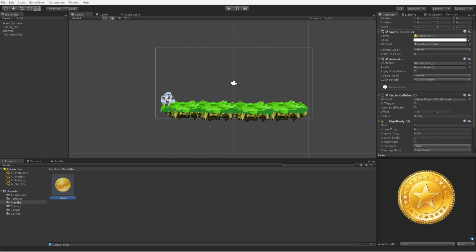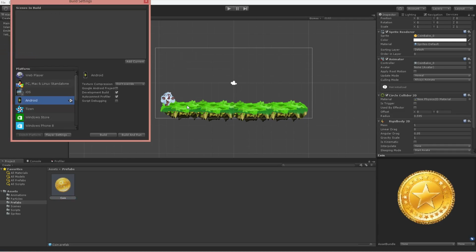How do you test your app on Android? Here's a little tidbit. To test stuff on Android or iOS for that matter, if you go to File and then Build Settings, and when you build, so I'm already set up for Android right now, you can check Development Build and Auto Connect Profiler. Then when you build and run out to your device and you leave it plugged in to your computer, the profiler will open up and show you it running on the device,